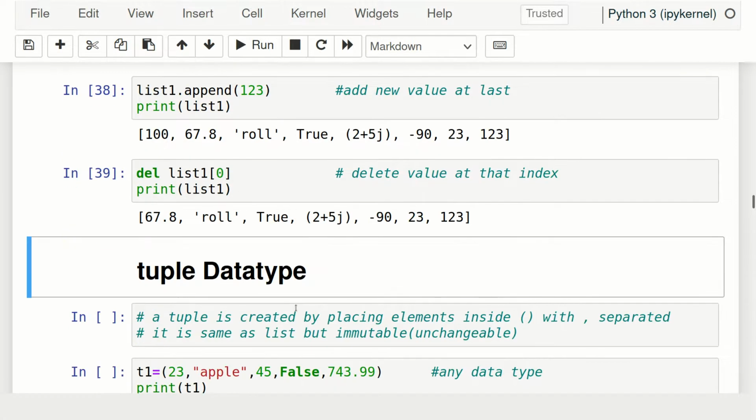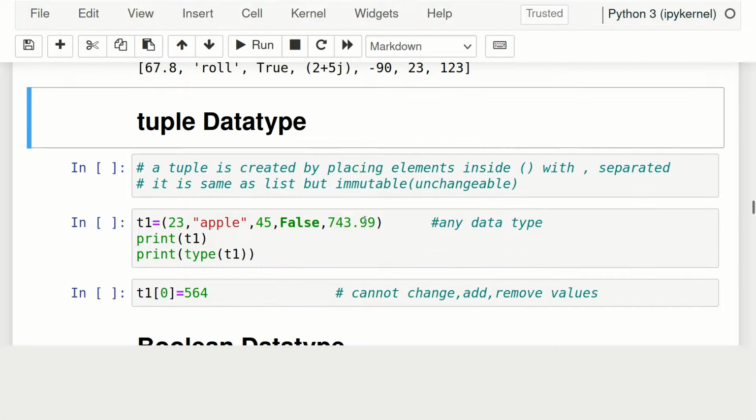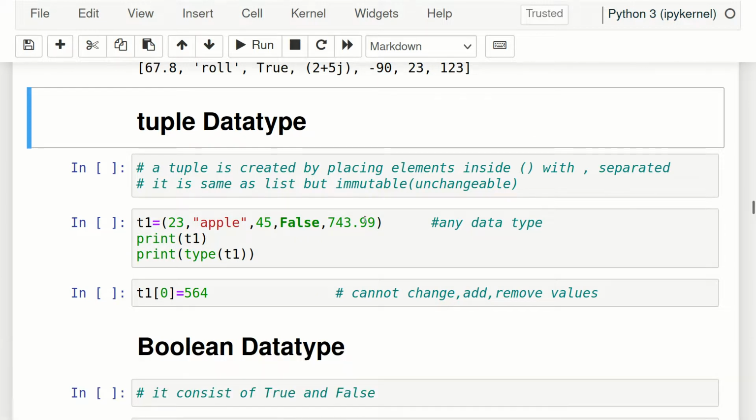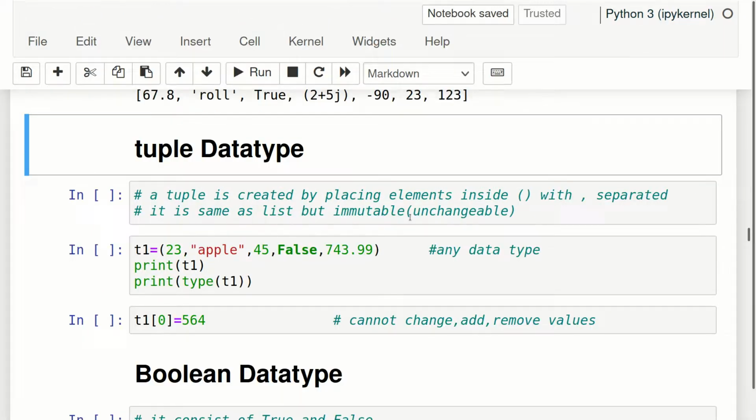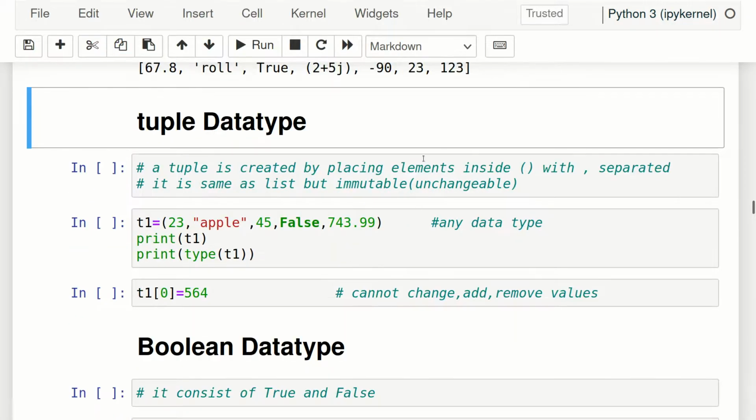So that's all about list. Now we will see another data type, which is tuple. Let's see what a tuple is.